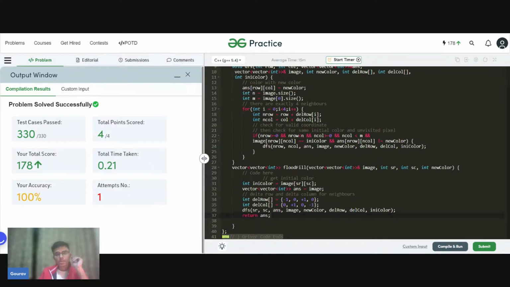Okay, so as you can see, all the test cases have passed, so therefore this question is correct. Any doubts related to this question? This is quite a famous question, and I would request everyone to kindly understand this question very well.